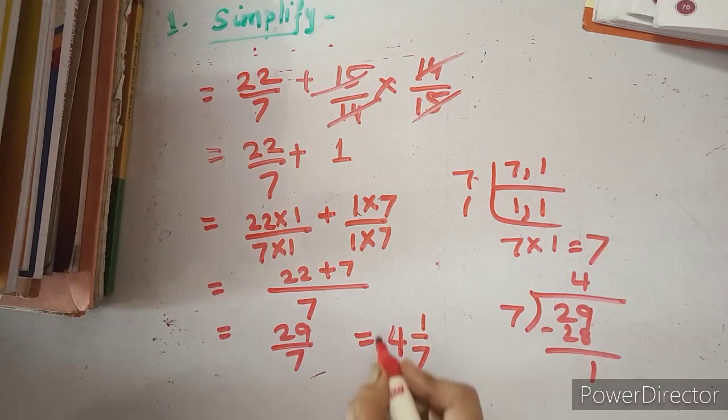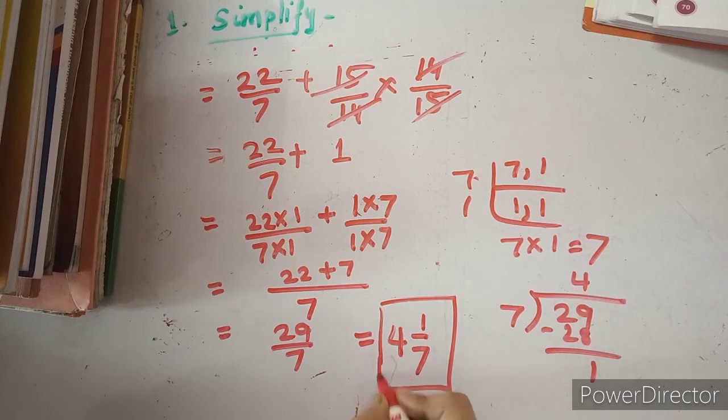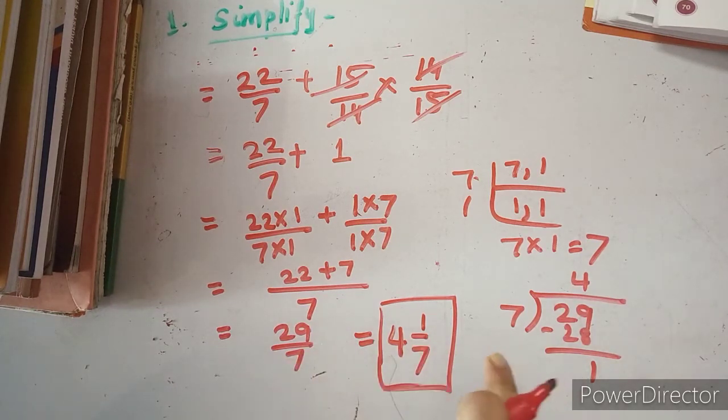So your final answer is in mixed fraction number. Okay, so if you are keeping it like this it is also correct, and if you are converting this improper fraction into the mixed one, this is also correct. Okay, so in your textbook it is given in the form of mixed fraction, that is why I have also converted this improper fraction into your mixed fraction. So let us go for the third one.